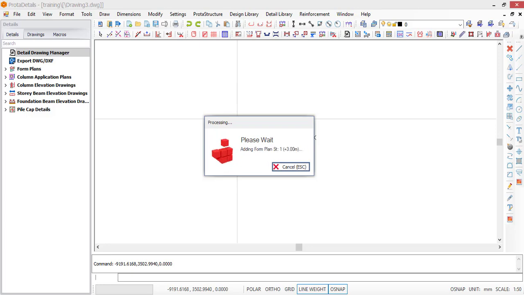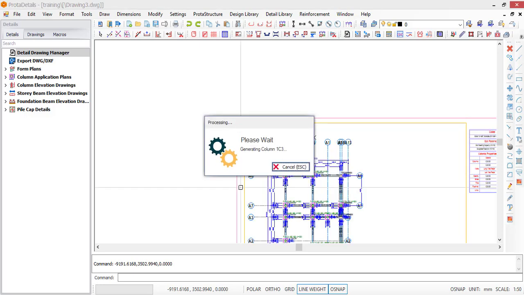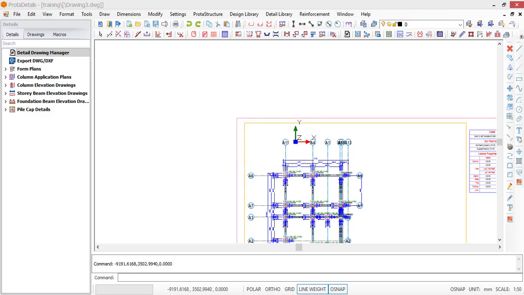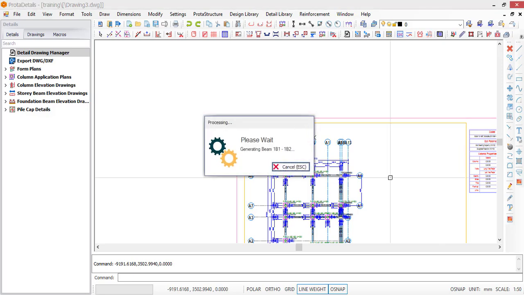But however, just like I said, it is very important for you to know the specific scale that you are supposed to use, because if you don't know the actual scale that you should use, the drawings will go outside the title block entirely. So as you can see, this one now is inside, but it's looking very small. So you may need to probably change the scale of your title block entirely, or you can actually even rearrange the drawing directly from the Prota Detail. Like I said, the software on your Prota Detail here is very easy to actually do most of your editing that you want to do. You can edit it however you want. It's very flexible